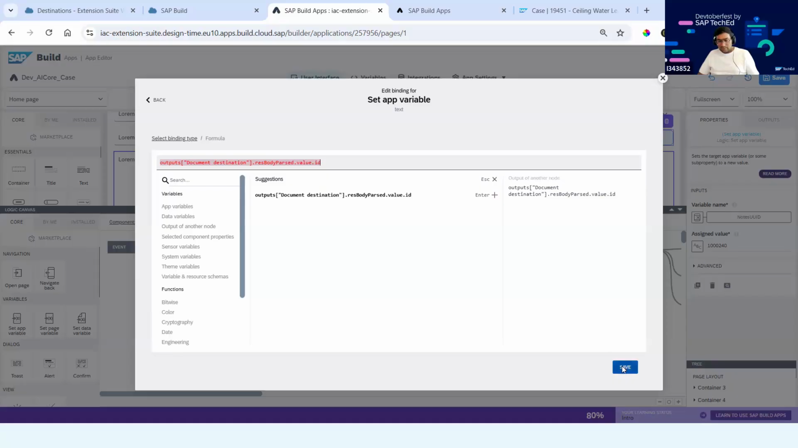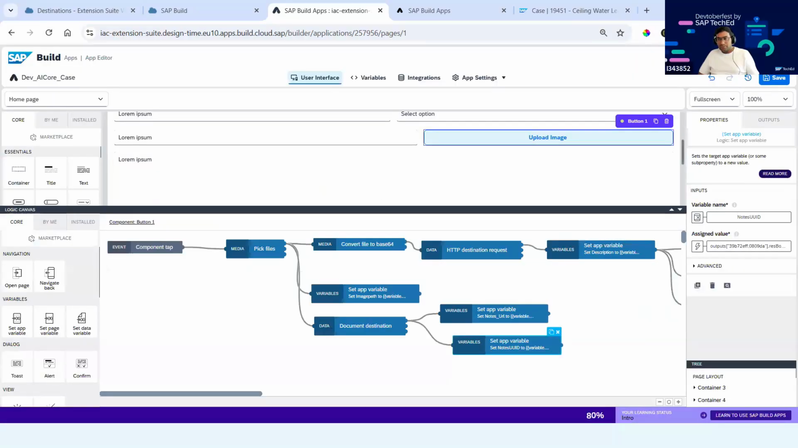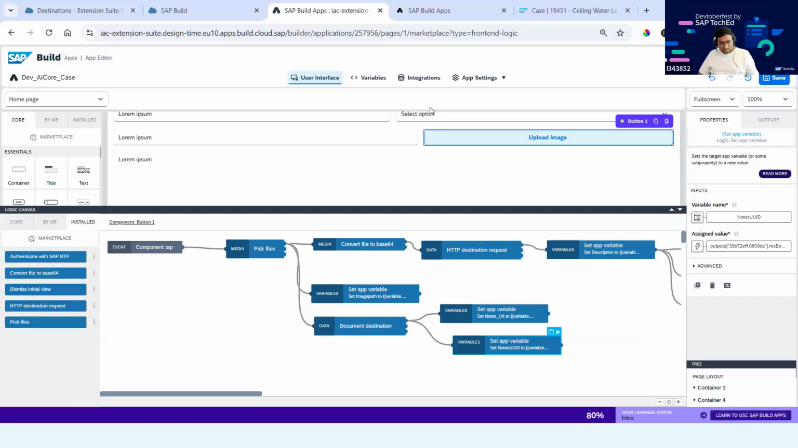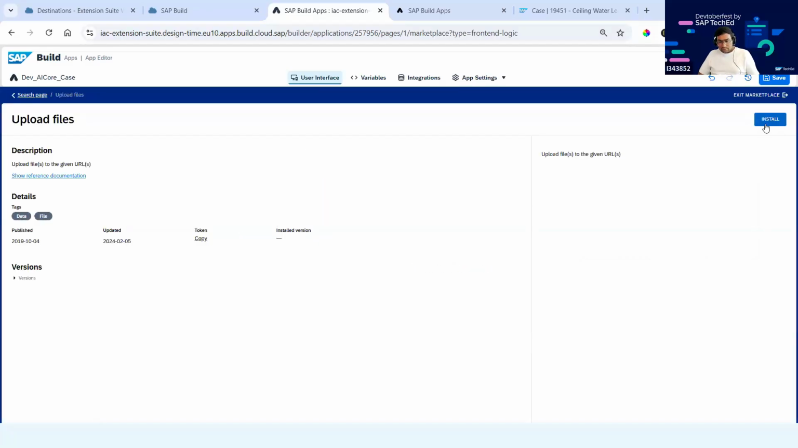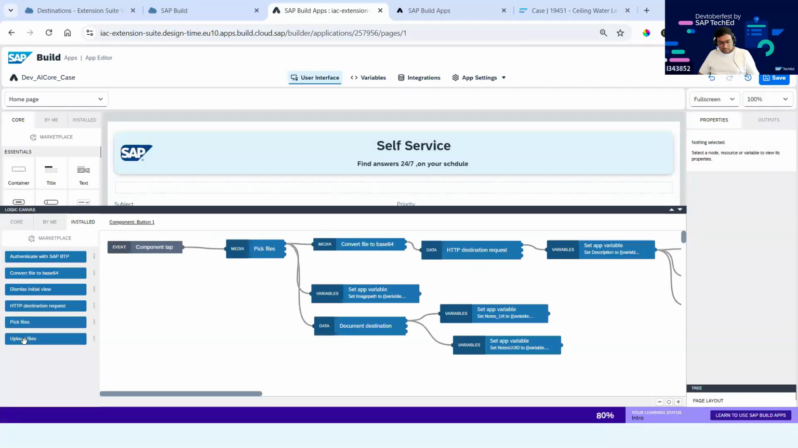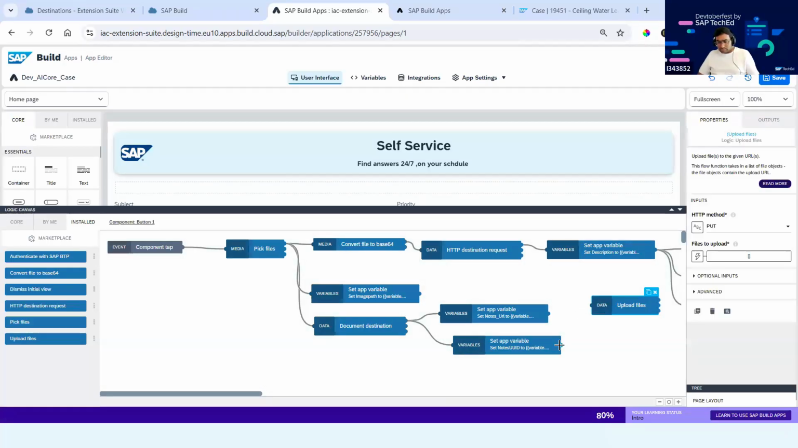So now what we are trying to do is store the ID and UID for future references. Once these things are done, we are trying to upload it. So we are trying to do a put call, and for that reason we are trying to use upload files. There is something called upload files in the marketplace, and this will do a put call. Just click on upload files, come here, and you can connect to any of the nodes. Once it is done,